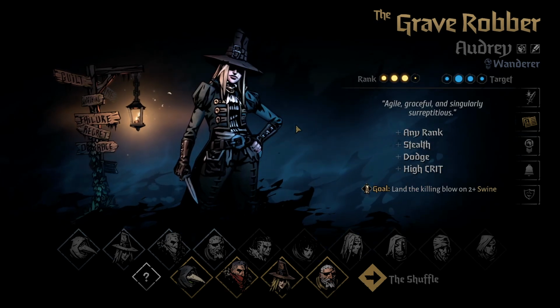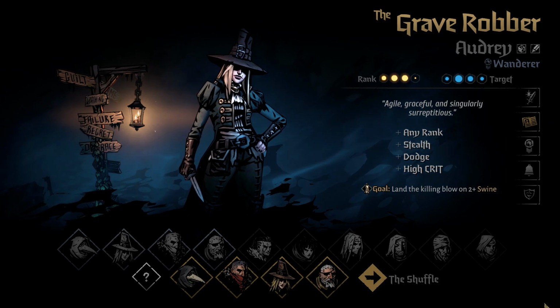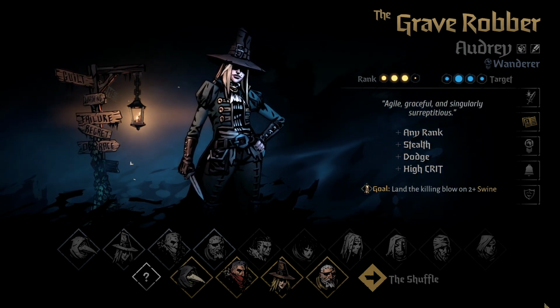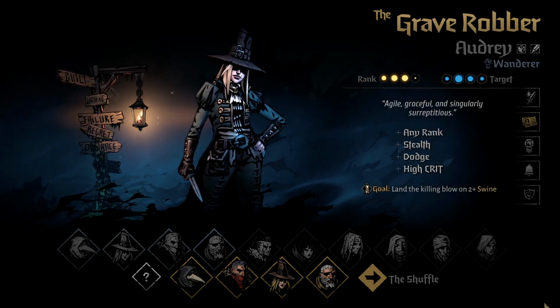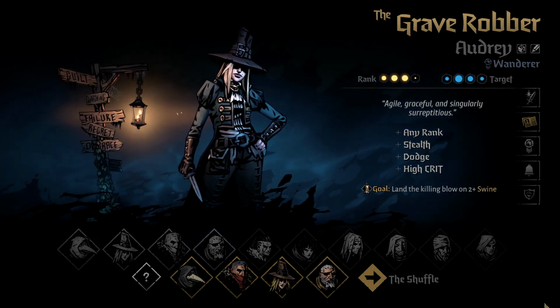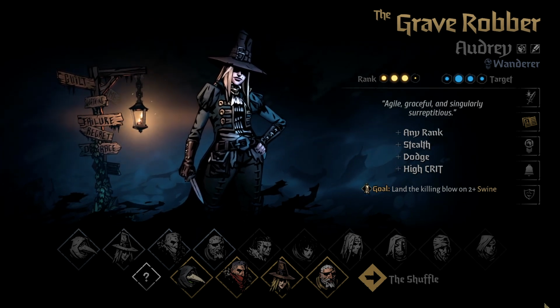The Grave Robber is one of the 4 starting heroes that you'll find playing in Darkest Dungeon 2. Out of all the 4 beginner heroes, she is arguably the most difficult to play with, at least initially. Her low health and seemingly inconsistent damage outputs can be off-putting to many new players, but if you know how best to utilize her, she can be one of the most dynamic, fun, and deadly heroes you'll place on your